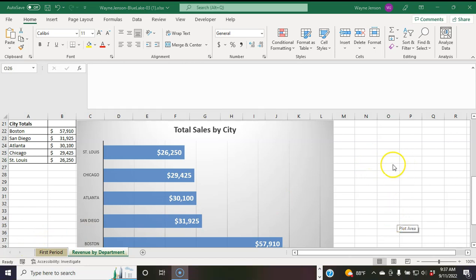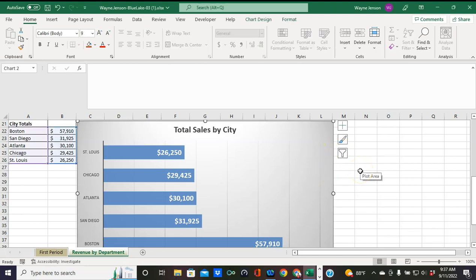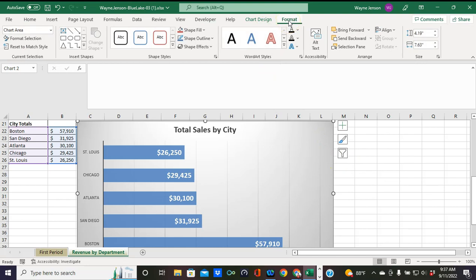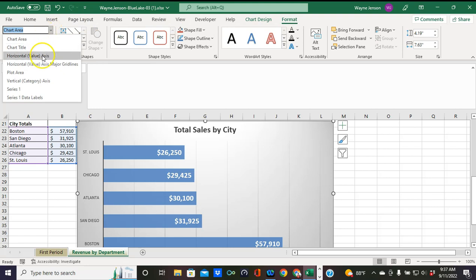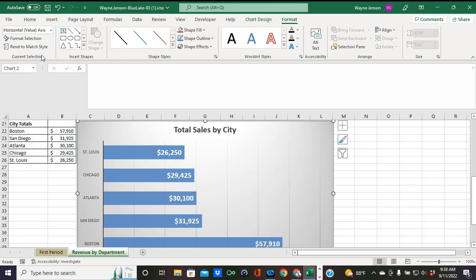So for step 12, we're going to remove the horizontal axis and reverse the category order, and then apply a special effect. So make sure that the chart object is selected, and then we're going to click the chart elements drop-down list in the Format tab, and that's in the current selection group, and select the horizontal axis, horizontal value axis, and then press delete. So that is this horizontal axis. So if we hit delete,